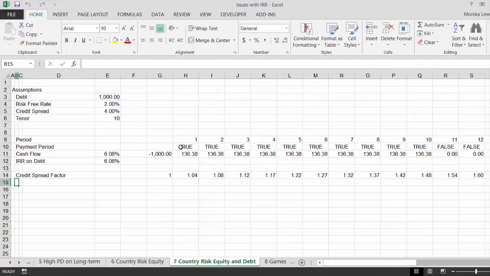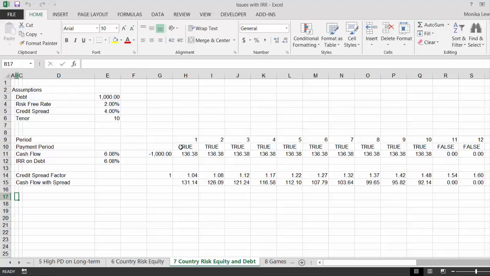Okay, and then if we want to see how much the implied loss is, we can take this divided by 1.04. That's how much is cash flow without spread. Okay, oops. Okay, and then we can put the,